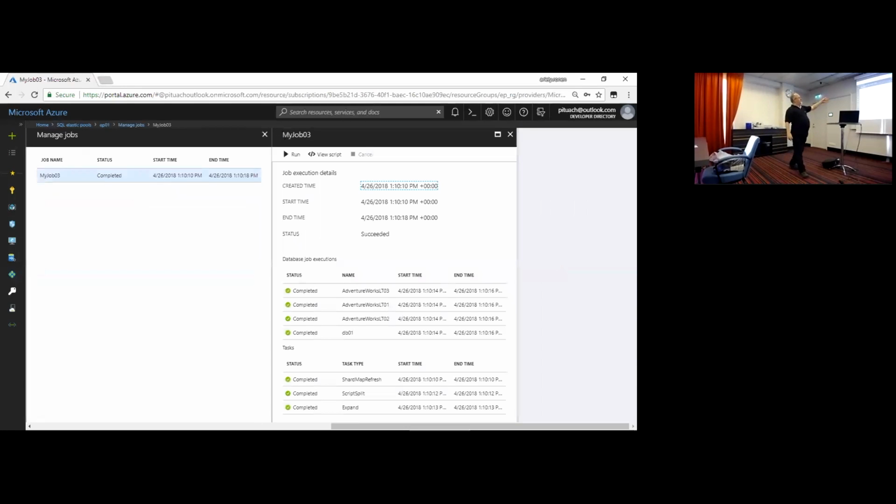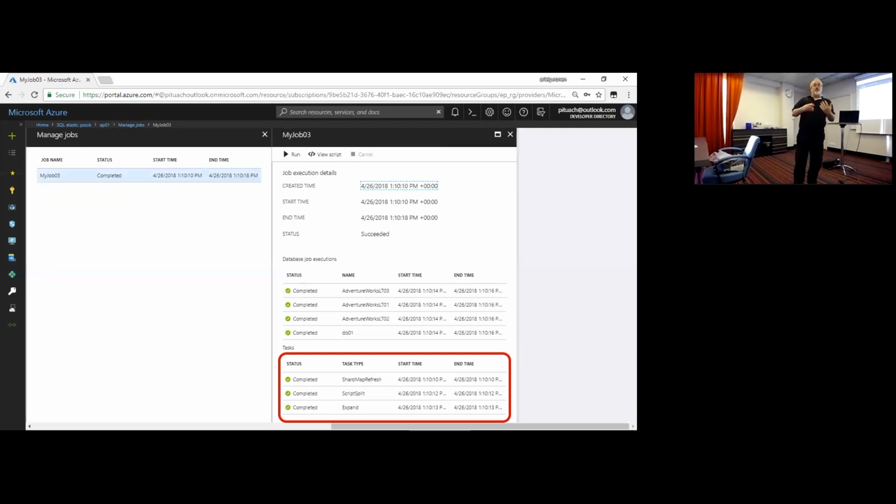You can notice that we have some information about the last time that we executed this job. If you want to execute it manually, you just need to click one. The job will be executed on all the databases in the pool. Here at the bottom, you can see a table with the status of the execution.